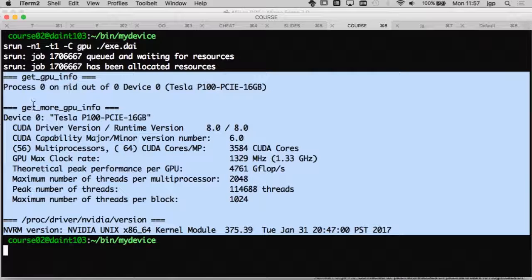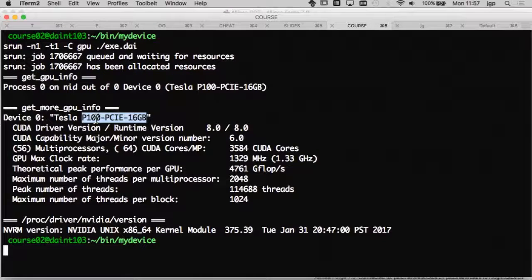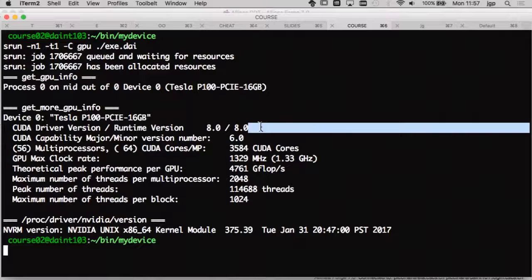So if you look, it's telling me that we have a Pascal GPU, good. The version of the driver is compatible with CUDA 8, so that's also good. The compute capability is 6.0.